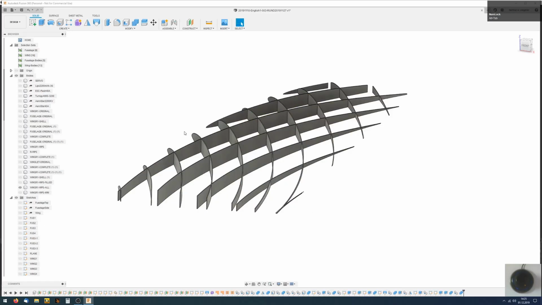Welcome back to this new tutorial. In this tutorial I will show how to add some holes in these curved whips, just to lower the weight of this wing. I don't want to add single circles here as holes. It may be possible, but I want something better and more work.